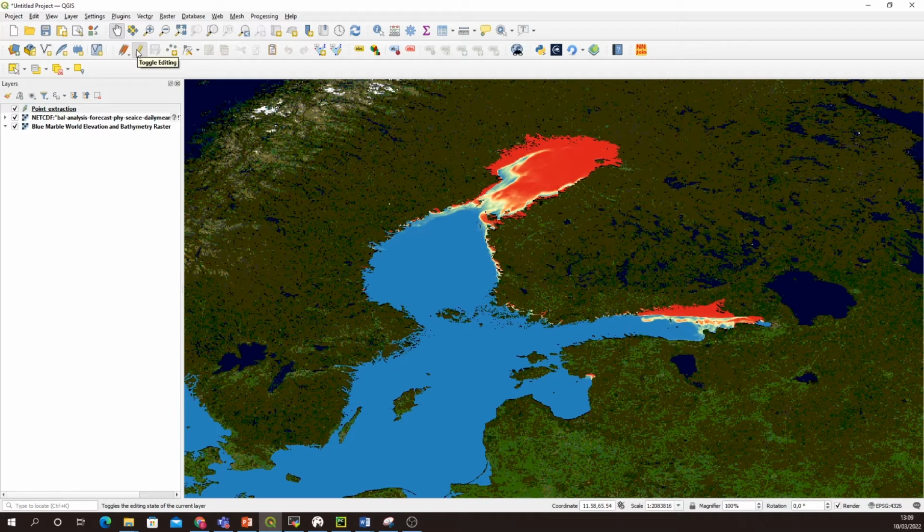And now we can define several point locations in the Baltic Sea. There are two methods: you can use this icon here and draw points, or you can select this option and type the longitude and latitude of each point you want to add to this layer. In my case, I will select this first option, so I activate this option, and now you can just add some points in